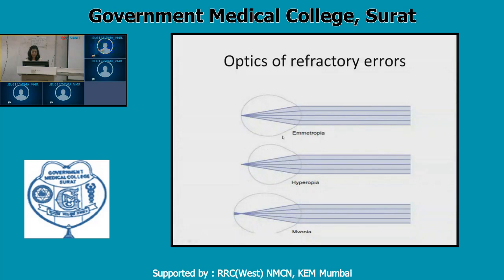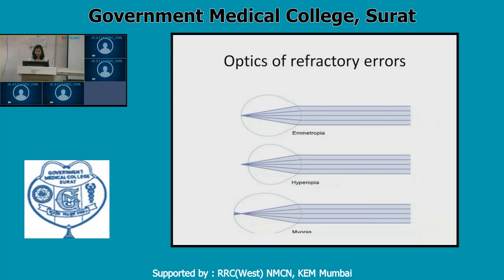This is a normal eye, this is a short or a small eye, and this you can see is a big eye. The anteroposterior curvature of the eye is more, so the image formed by a distant object, parallel rays coming from a distant object, is focused in front of the retina because of more curvature. So you can see the comparison of these three conditions and how these refractive errors change.